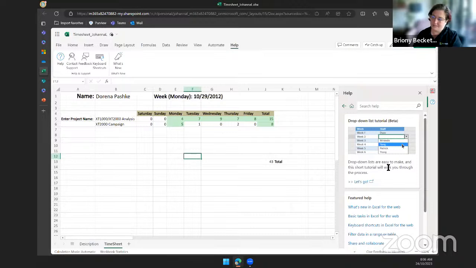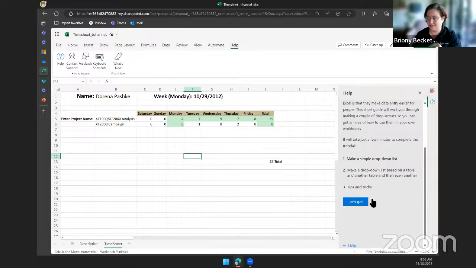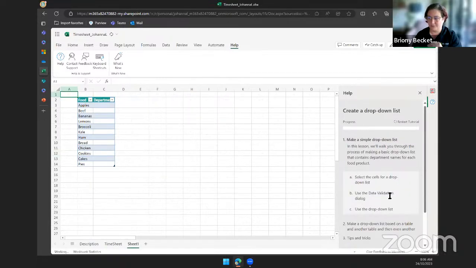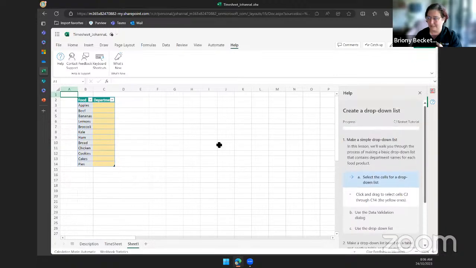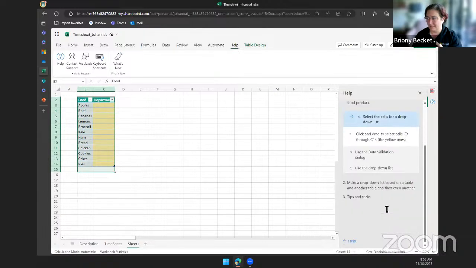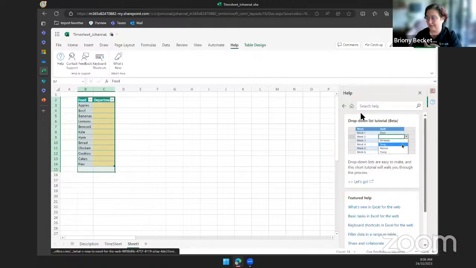And obviously at the moment, drop down list tutorials. So you can go through and it will actually give you step-by-step instructions. You can see it's going through and showing, selecting here. So we want to select the table, click and drag, and you get really thorough instructions on how to set these things up. If it wasn't the one that was on there that you wanted, one that